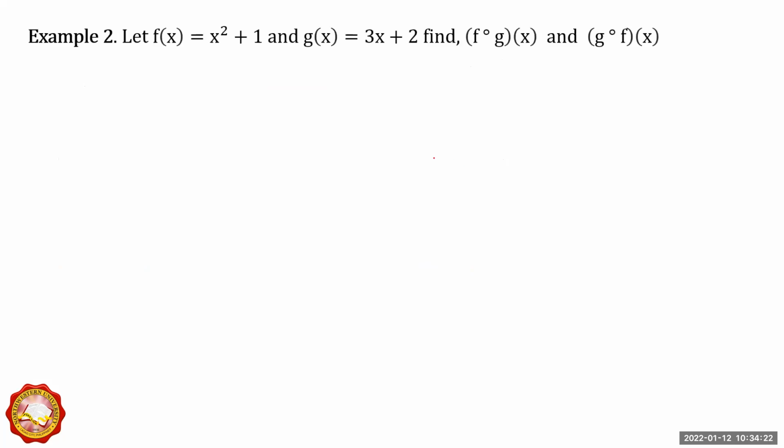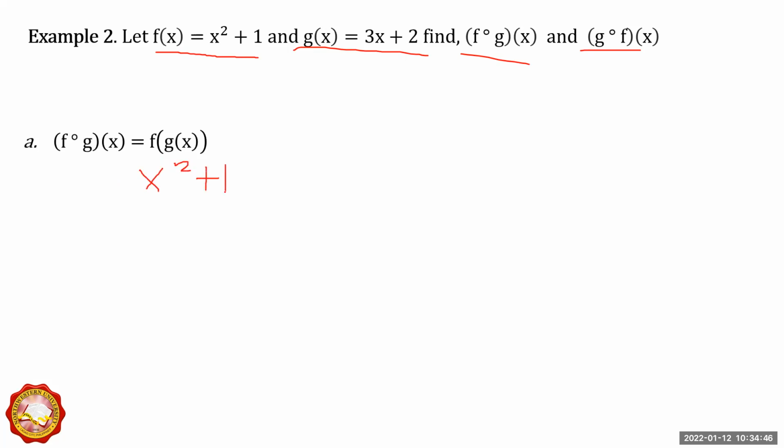So another example. We have here your f sub x or f of x as x squared plus 1. Yung g sub x naman natin or g of x is 3x plus 2. And we're trying to find f circle g and g circle f. So what you could do is, here, ang basic natin dito is x squared plus 1. That's your f of x. So, ang isa-substitute natin na value ni x is 3x plus 2. So, that will